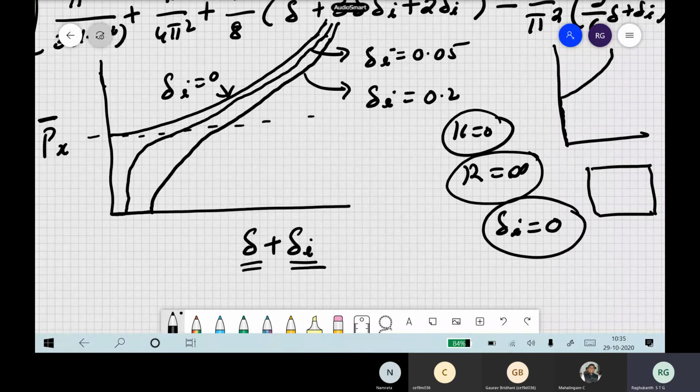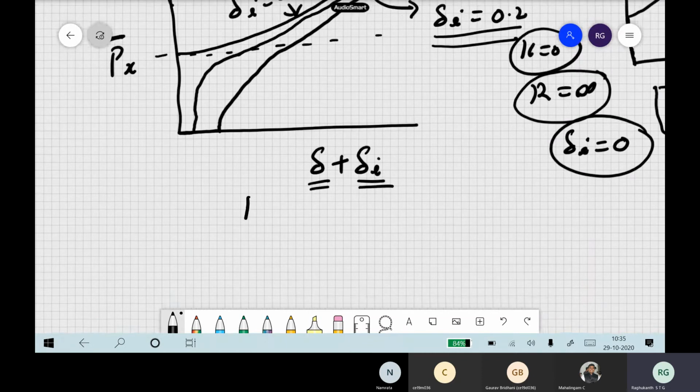Once you have a curved plate, which means there is already an imperfection, and you apply load on it, the plate can still take the load. It still has post buckling strength. Of course it has slightly decreased, because if the imperfection is large, then obviously this will be less compared to the zero case, but still the post buckling strength is there for the plate itself. So it's a very important observation.